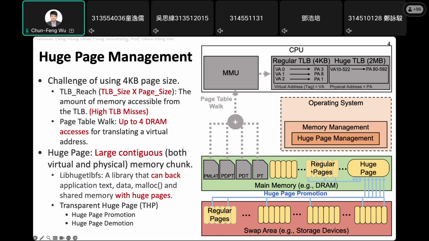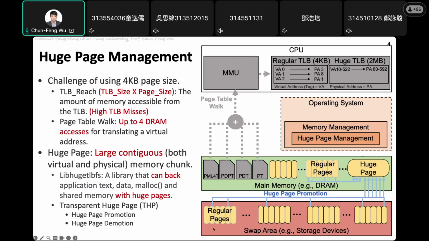So the operating system can always move the data from this physical address to this physical address, but the virtual address stays the same. So the programmer doesn't really know whether you are doing a huge page or not, but the operating system can help you move the data on the physical address to the correct